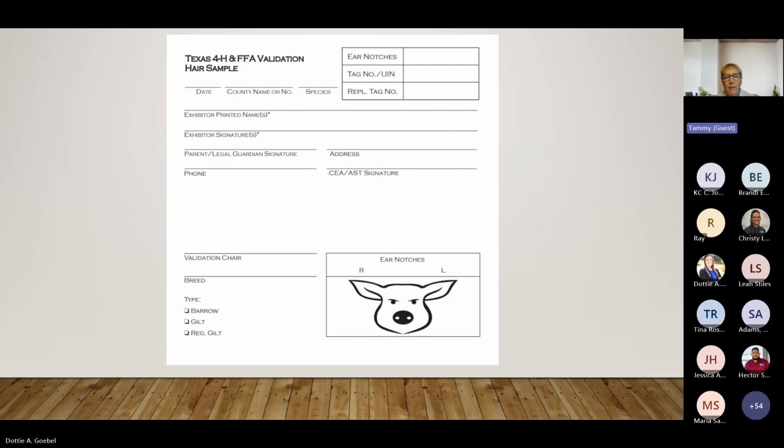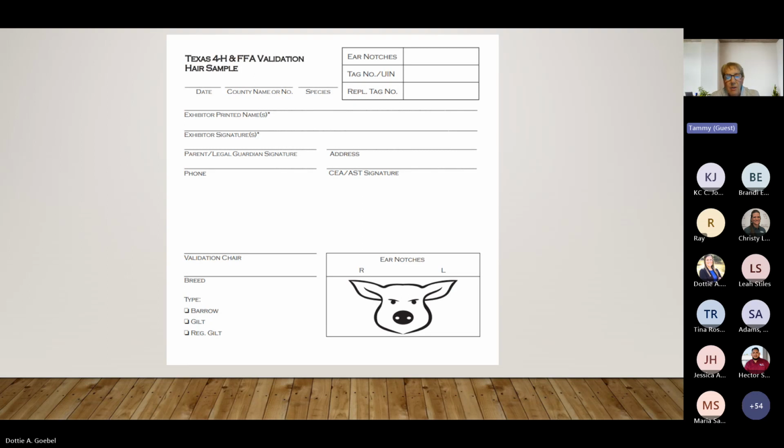And the thing about this form is, number one, we have prevented fewer signatures, but also now we collect these in numerical order, which is how the lab wants those that we send these to for sampling. So it's greatly reduced the amount of time on you as an agent and teacher, and it's also reduced the amount of time it takes for us as a staff to verify and collect all this information. So I hope you enjoy this particular feature of it.